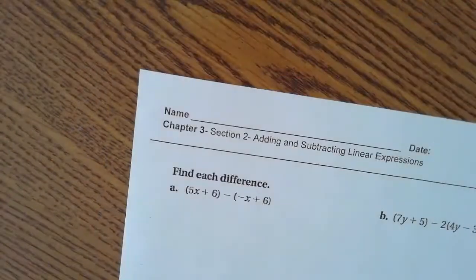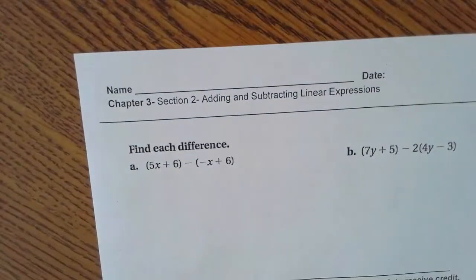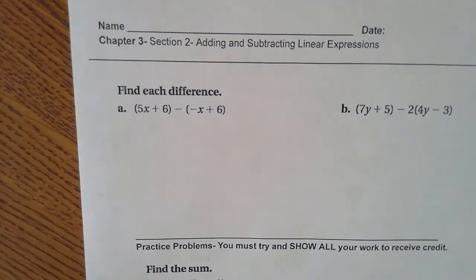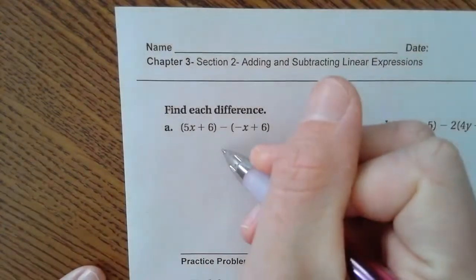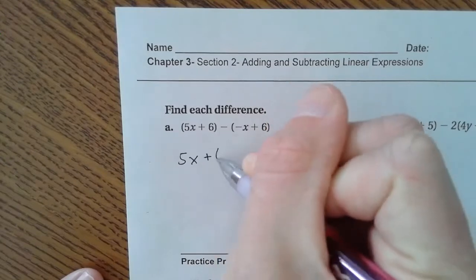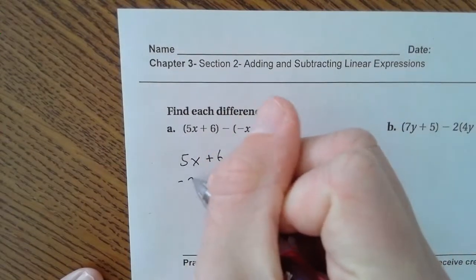Let's go turn to the back. Let's talk about subtraction now. So when we're finding the difference, once again, we're going to do it two ways. We can do it vertically or horizontally. Let's first do it vertically. So let's line our things up. I have 5x plus 6, negative x